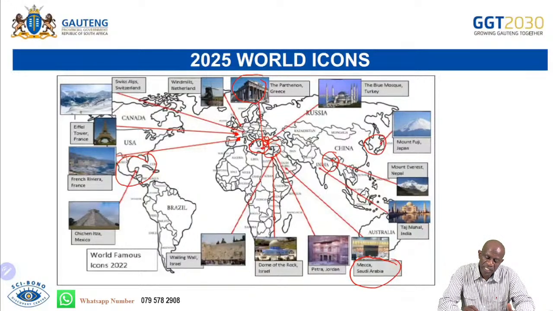Jordan is also in the Middle East, and also you have the Dome of the Rock, which is in Israel, also in the Middle East, and the Wailing Wall, also located in Israel. So the arrows point to the location of these